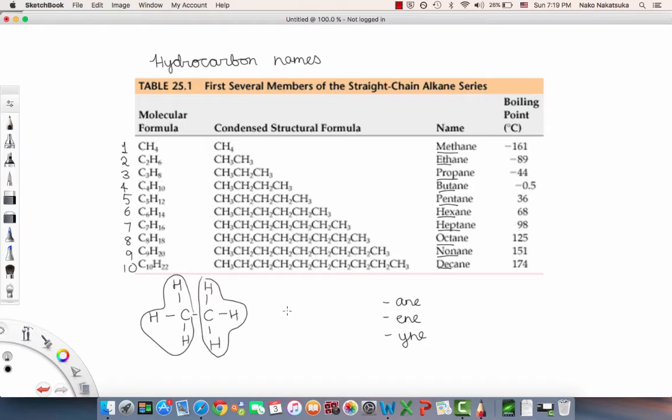When you have C3H8, it now looks like this. 1, 2, 3, 4, 5, 6, 7, 8. So when you write out the condensed structural formula, you have CH3, but then a CH2 in the middle, and then a CH3, which is this structural formula. So this is a really good thing to just review to make sure you know how to name all the different hydrocarbons.